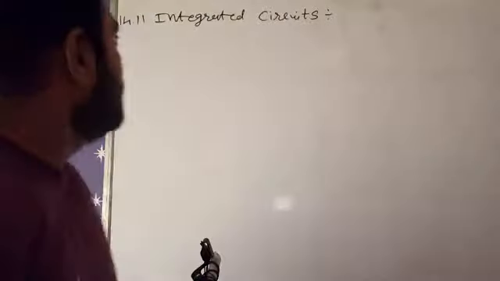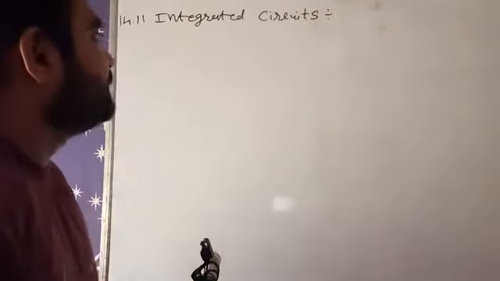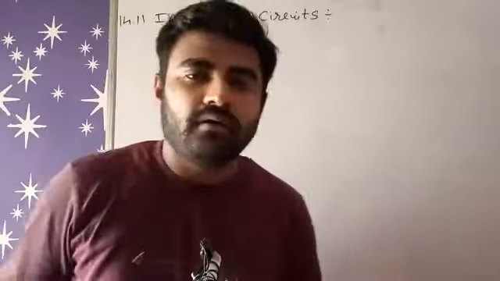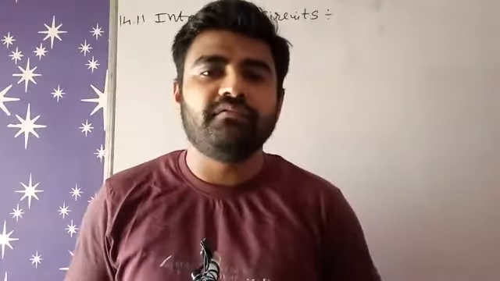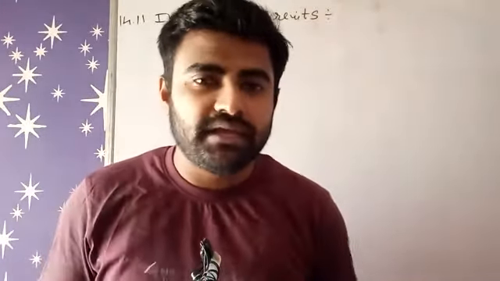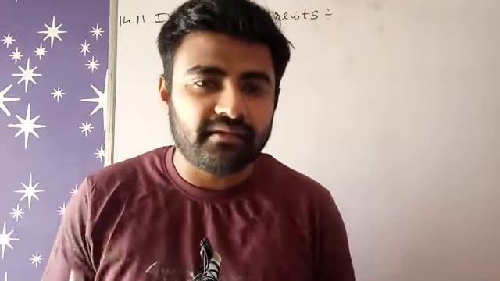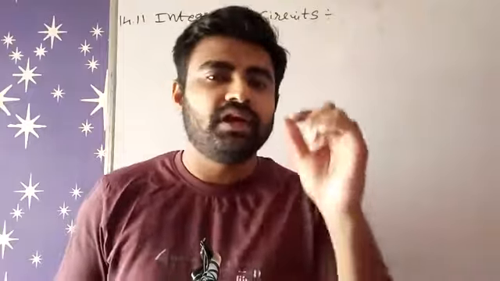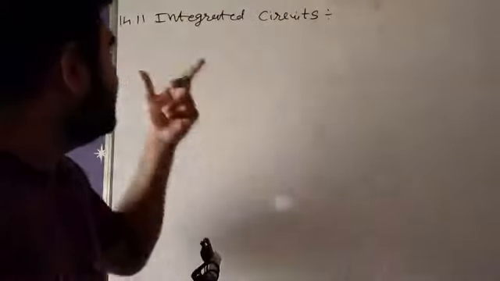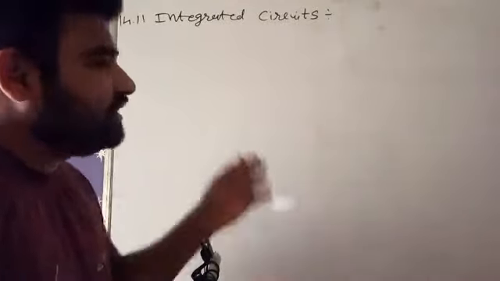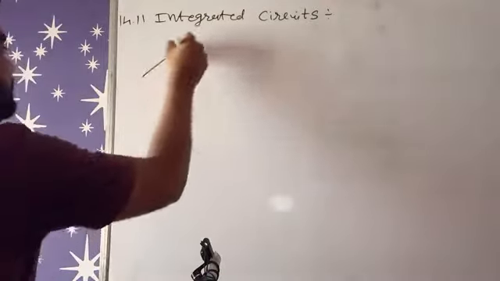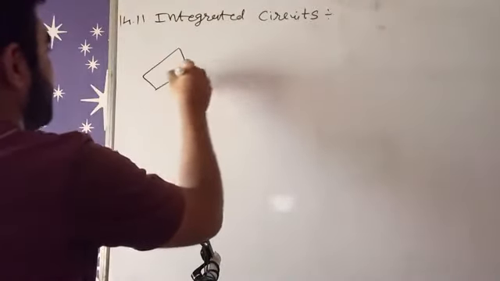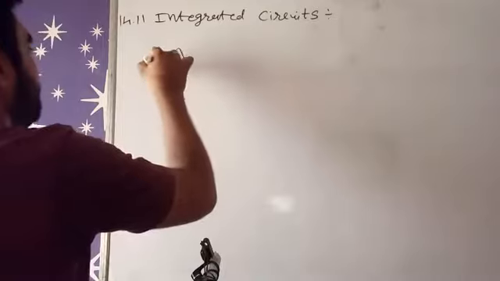In this topic, integrated circuit. Integrated circuit means in very small dimension we have many logic gates, RC circuit, LCR series circuit. So many circuits are there in one smaller dimension stone. So integrated circuit means there is only one chip which is a rectangular shape, and that rectangular shape has many